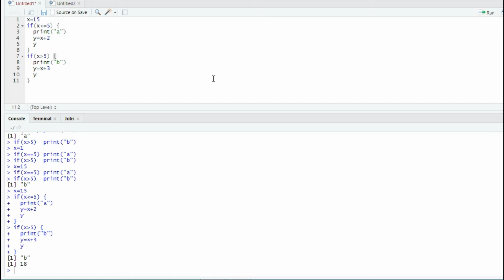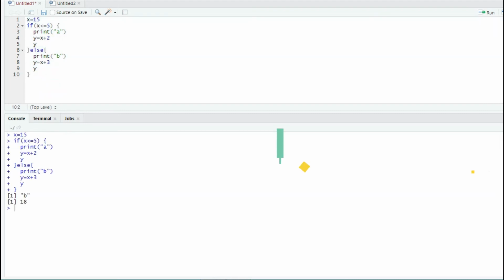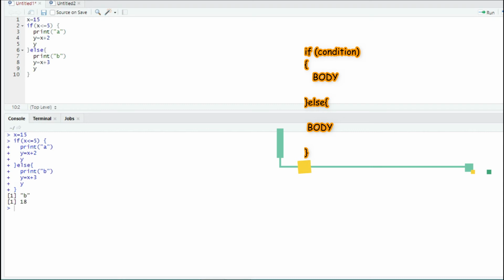Check that the condition can be divided into 2 parts, and both parts are complementary to each other. That is, if x is not less than or equal to 5, it has to be greater than 5. And that is why, without writing if x strictly greater than 5, I can put just else. See now, here without mentioning x strictly greater than 5, I have just written else. And x less than or equal to 5 condition is not true, so the else statement is saying that the x strictly greater than 5 condition is true. And that is why B and 18 are printed.